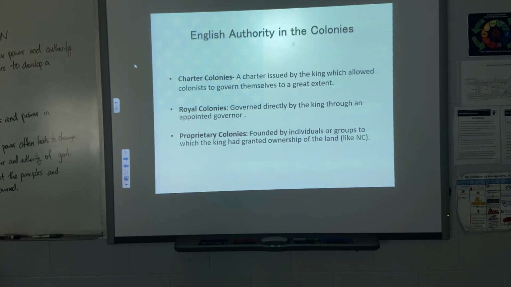There was only a handful of colonies that had a charter colony, basically a written document seeking permission from the king so that they could govern themselves to a great extent. Okay, so if you were fortunate enough to live in one of those colonies, you're going to fare pretty well for the most part, because you're not going to have as much English rule over you. The majority of these colonies were royal colonies, governed directly by the king through an appointed